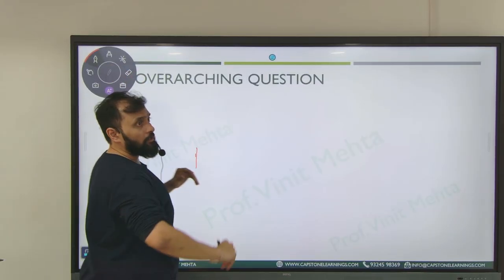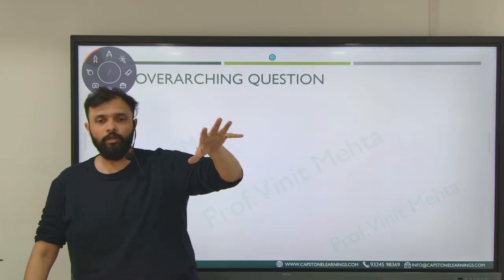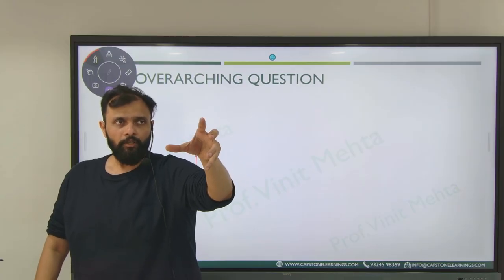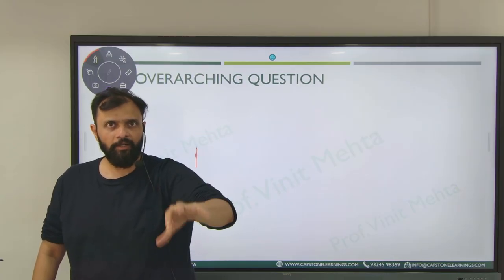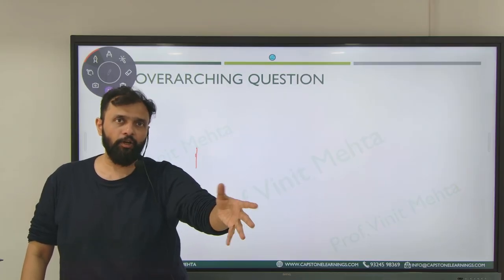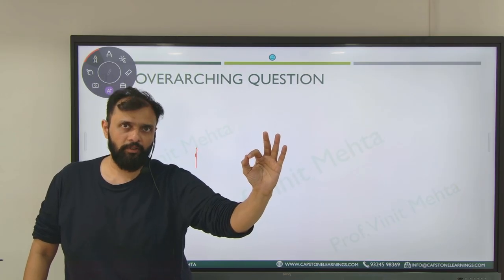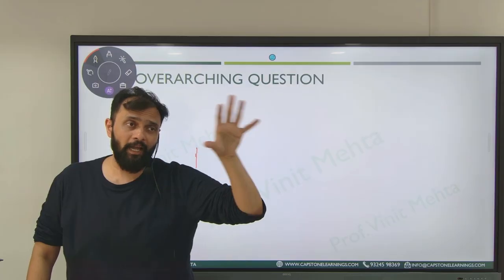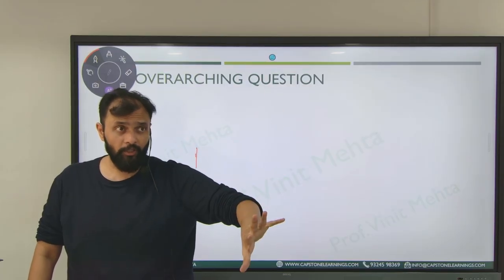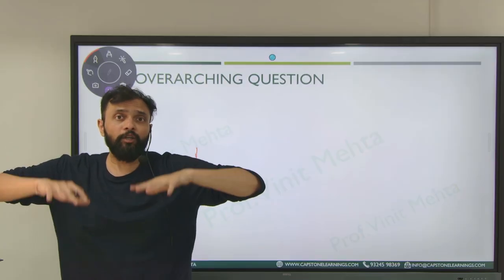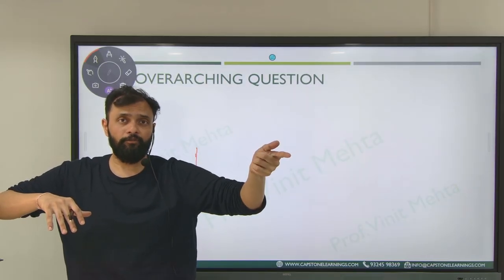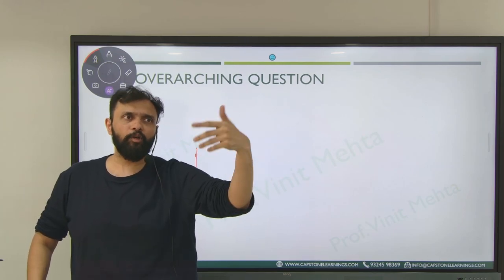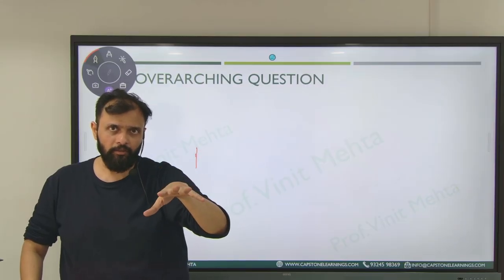Okay, one more thing. This is not really mentioned anywhere in the book, but later I'm going to prove it. But trust me, over here, interest rate futures, the underlying, yes, it's a fixed income security, but it is a money market instrument. Why? I'll tell you a little later. So it's not really talking about a capital market instrument like a bond or something. Over here at level 1, they are talking about interest rate futures in the context of the underlying being a money market instrument like commercial paper, certificate of deposit, treasury bills, etc. Are you getting it?